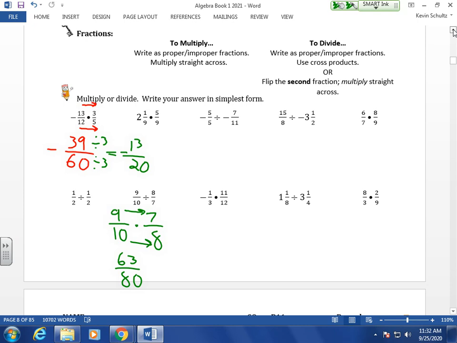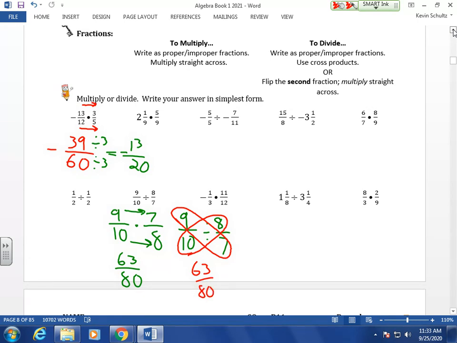Another method to divide fractions. Okay, so this one would involve not changing the way it's written, keeping it written as 9/10 divided by 8/7. Another way to divide fractions would be to use cross products. You've heard of that phrase before? Okay, cross product simply means that you are multiplying the 9 by the 7, the numerator of one by the denominator of the other, to again get 63. And then you are multiplying the denominator of one by the numerator of the other,